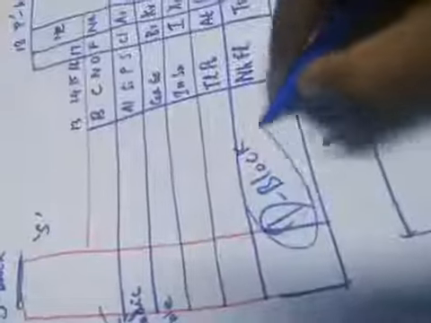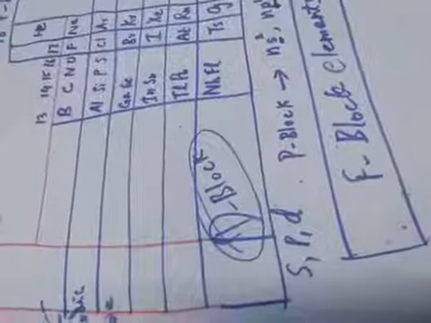The third type is D block elements. The D block elements will have s orbital, p orbital, and d orbital. Another type of element is F block elements. F block elements are larger in number. Their electronic configuration is higher, and their atomic number is higher. So they will have s, p, d, f in their orbitals.